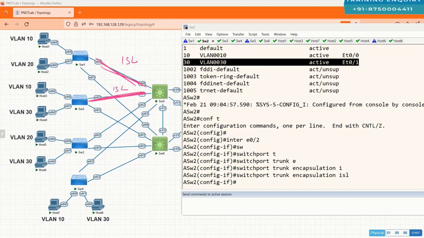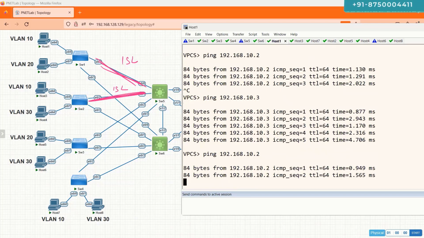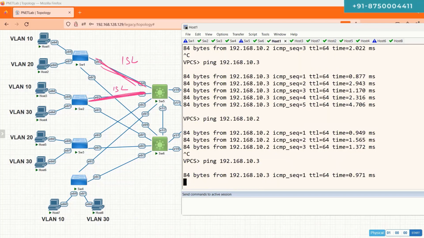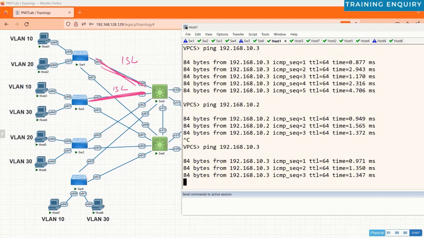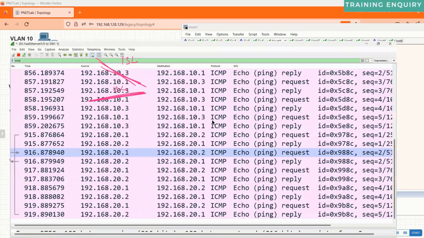Let's see if the ping will be successful or not. If I go to host machine number 1 and try to ping 192.168.10.2, the ping is successful. If I try to ping 10.3, the ping is successful. If I do the capture here, if I check the capture,